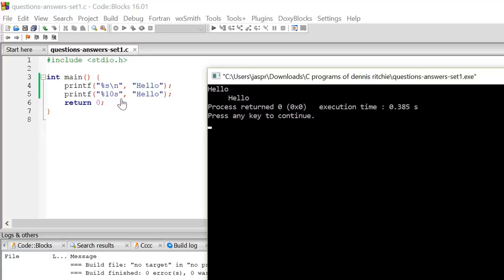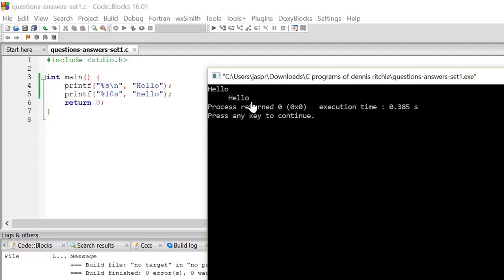This 10 means print the characters up to 10 characters wide. Here in our example we just have 5 characters to print. Now because of the shortage of characters, it will print first white spaces and then the rest of the 5 characters. 5 white spaces printed, and after that 5 characters get printed.